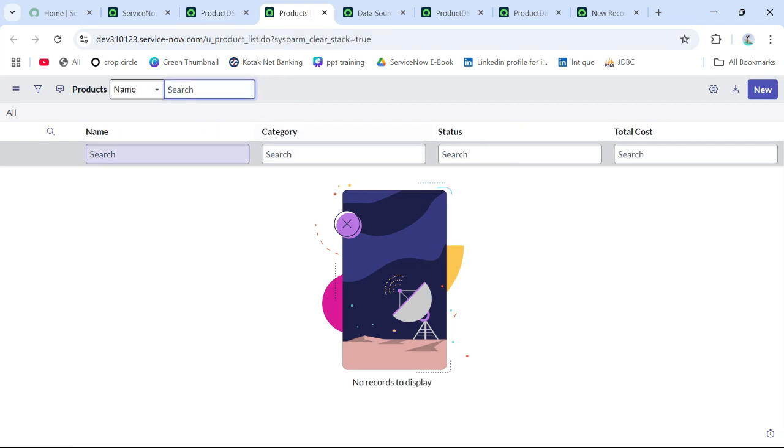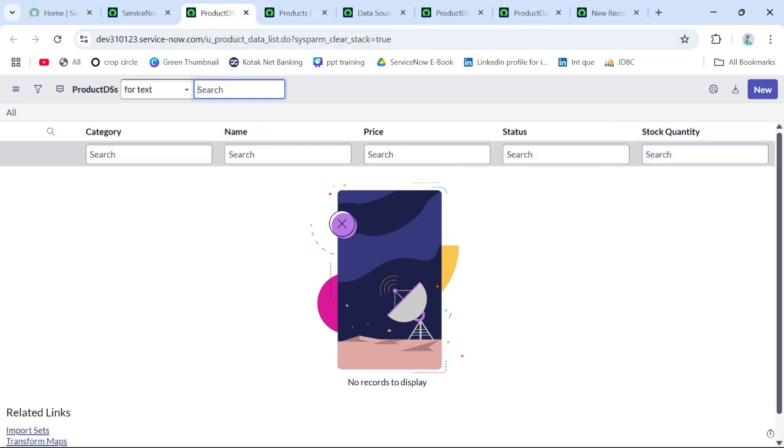Within the product table, I have created these columns: name, category, status, and total cost. Total cost is the column which is not available here. Okay, so